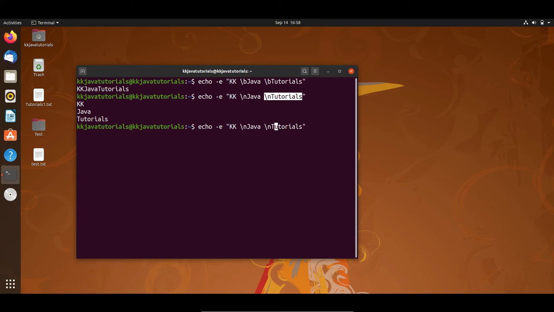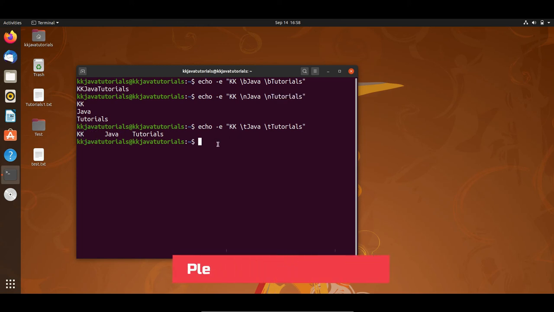We can also use \t, right? Here the \t option is used to create a horizontal tab space. If I press enter, then you can see a horizontal tab is getting created between the words, right?